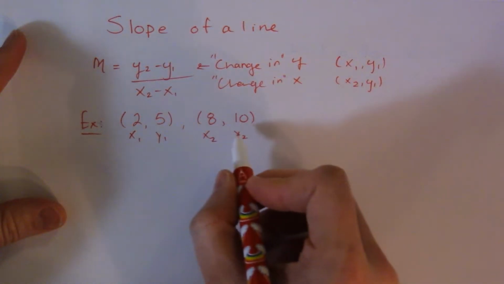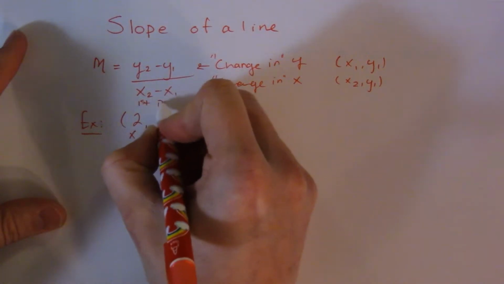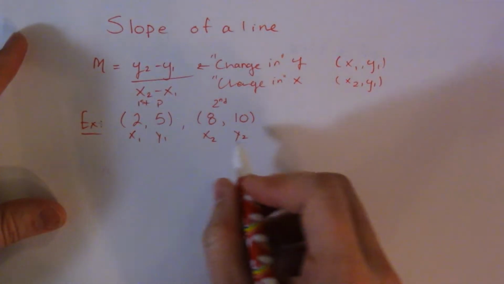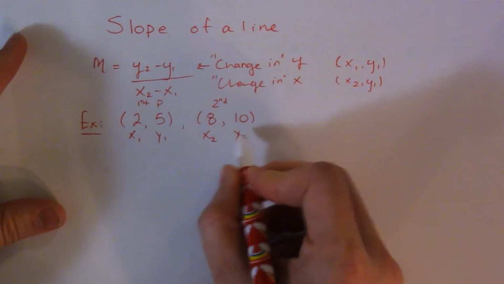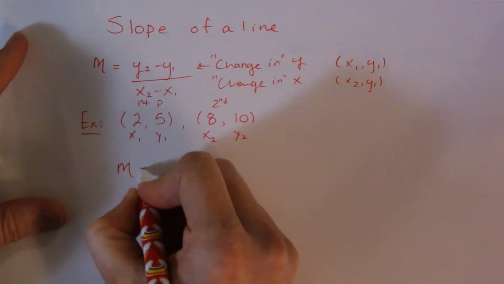Totally arbitrary which one you call the first point and the second point. So I can call this one the first point and this one the second point. Doesn't matter, I could reverse it, as long as this is x2, y2 and this is x1, y1. We're good to go. So we write out our slope formula,